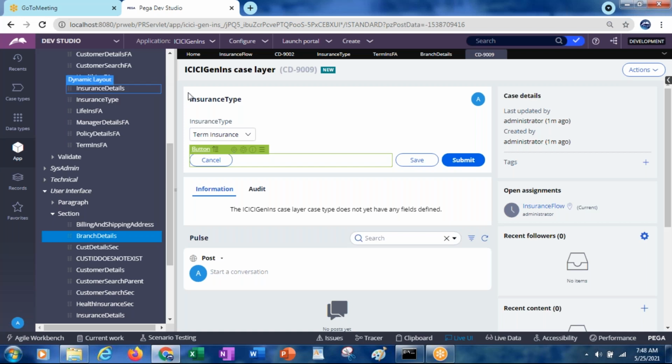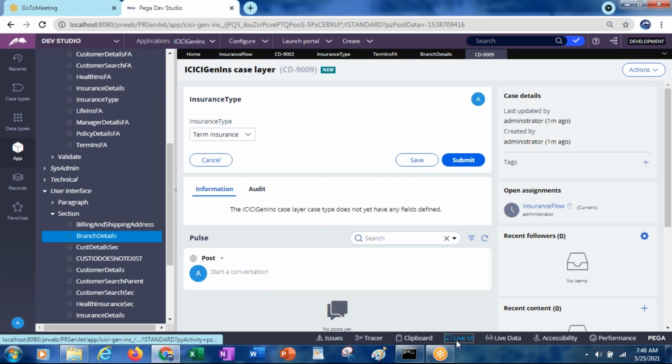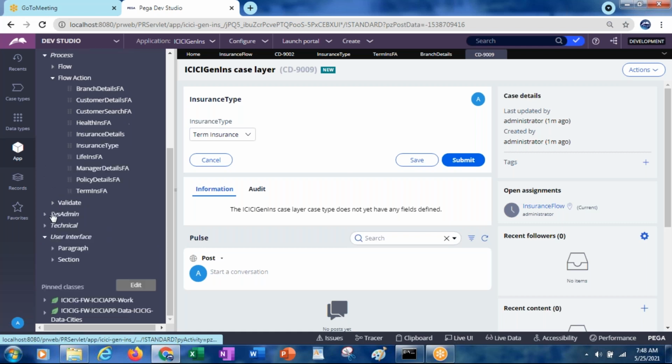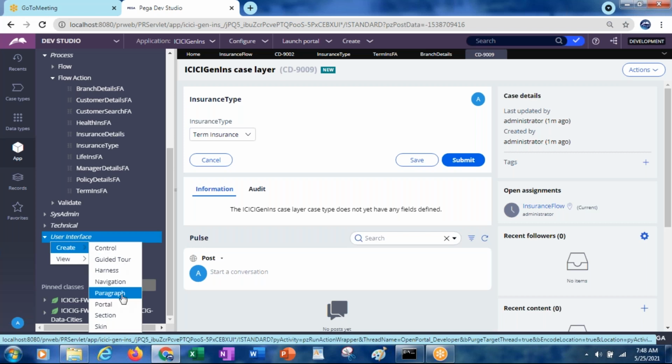So how exactly can we create it? When we are creating, we can select what exactly we want to have in our harness. Like the layouts will be there. Here this is like a top header, top level layout in the header, and this is like a footer. This is the left panel, this is the right panel, and this is the work area. So you can apply various things. This harness is also part of the user interface category. So how exactly can we create it? Right click on the user interface, create, and then harness.